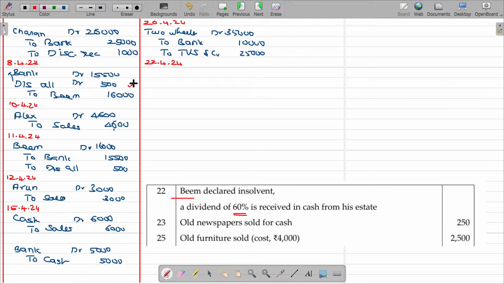Initially we collected this money and later we found that the money is not really in cash in our account, so we cancel. It means we have to recover 16,000 rupees from him. He became insolvent. His position is not to solve his financial commitment. Then it will be settled through the court. Court says sell all the assets